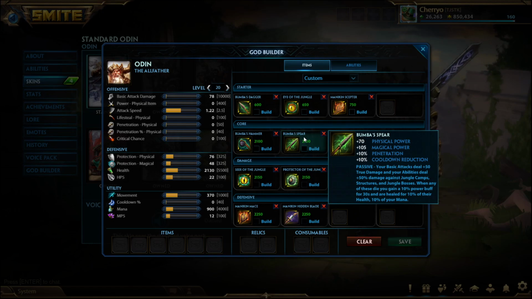And this gives you, like you can see, your abilities deal plus 50% damage against jungle camps, structures, and bosses. So FG does count. That's why I think this is the best if you're a magical DPS going for objectives. And if you have high attack speed and low damage, I don't know who would have that, really, like good auto attacking but not a lot of power, you'd go that. But I would say most of the time, if you go Bumba's, you're going for Bumba's